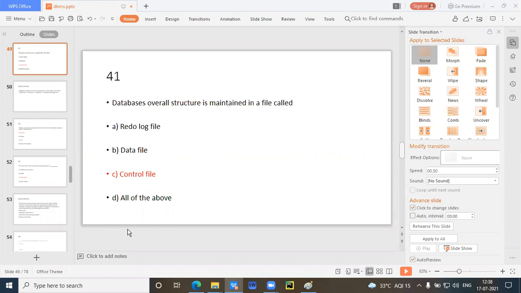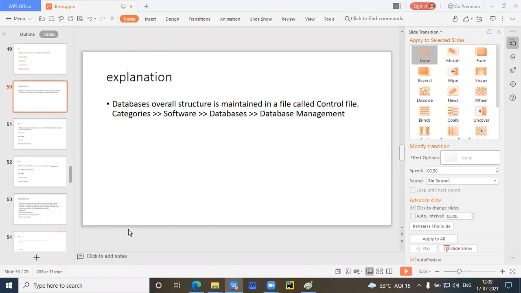The next questions in the DBMS series are very important questions. The database's overall structure is maintained in a file called what? A DD log file, data file, or control file? Yes. Here the overall structure is maintained through the control file. See here, the database's overall structure is maintained in a file called the control file. Categories and software, database, even in database management, these all are